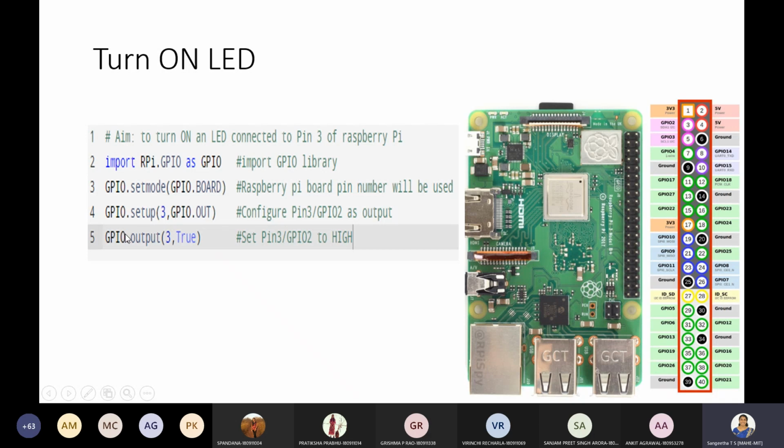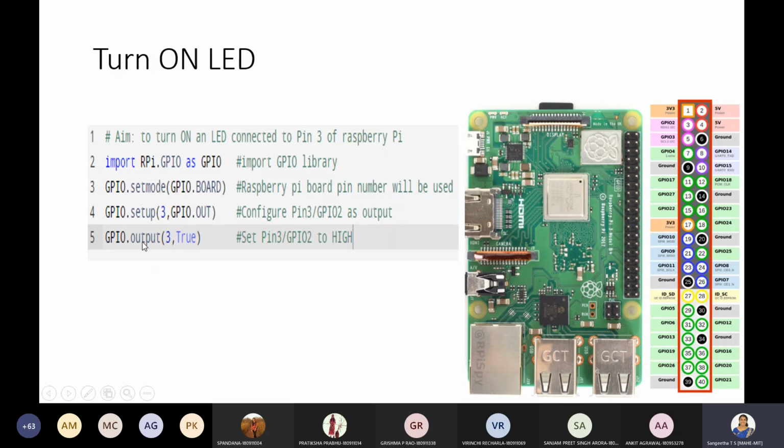Okay, and now once you do that, what I'm doing is I'm just making that particular pin value, the output pin value, high. That means you are going to pass a +5 voltage into the pin number 3, and you have already stated that it is the output pin.